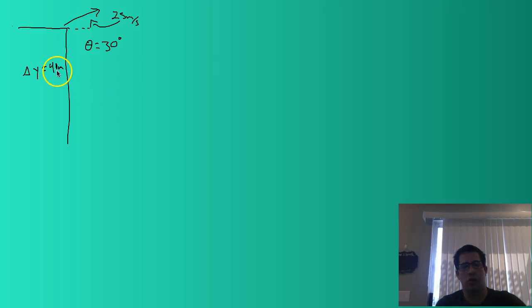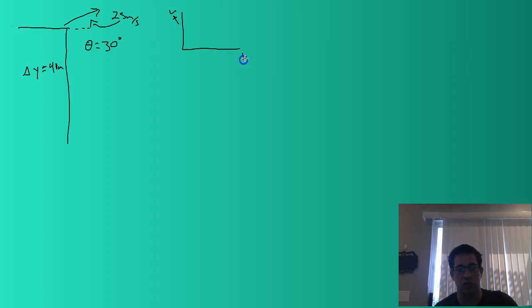So we're going to go a little deeper with projectiles at an angle. First thing we're going to do, we're going to come back to the same problem, and we're going to draw a graph for it. Okay, so we're going to graph this. We're going to do graphs for position and velocity. And so we're going to start with velocity. And so we have